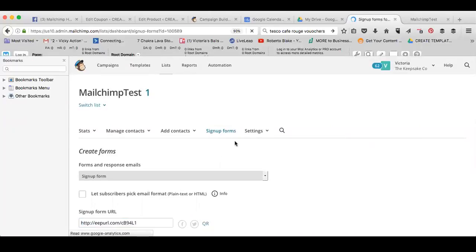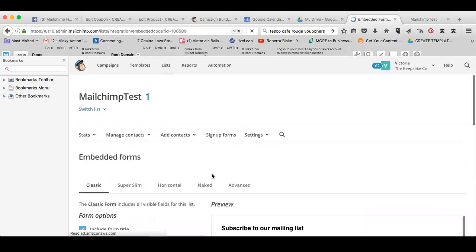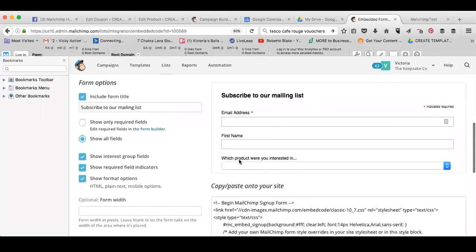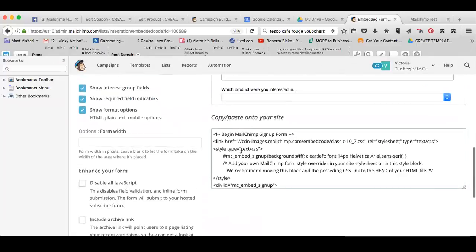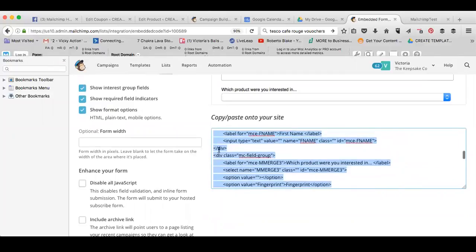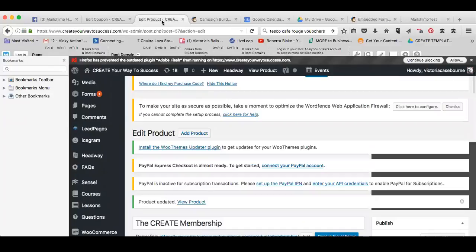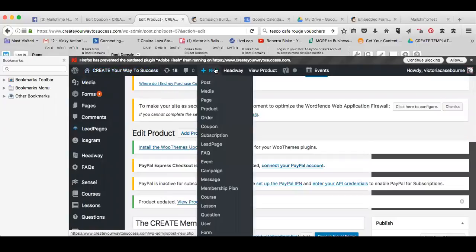Now, the other way, if you click sign up forms again, so embedded forms, if you click here, here's my list. It's pulled my forms in here. So if I want this on my website, I literally copy this. I've just right clicked and Control-copied. And on here, if I want to set up a new page, for instance, and I want to embed my form into it,